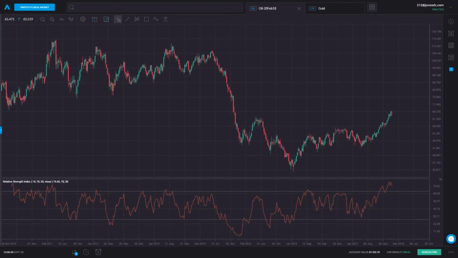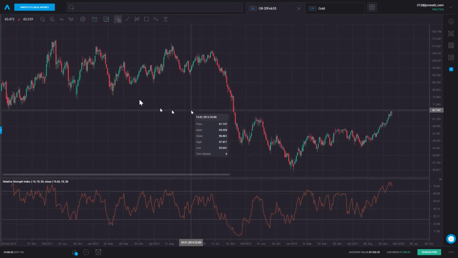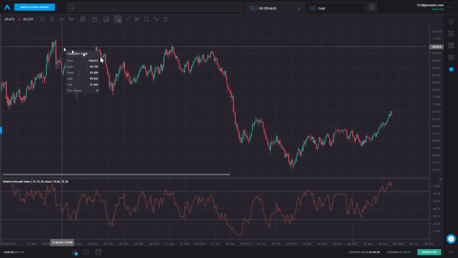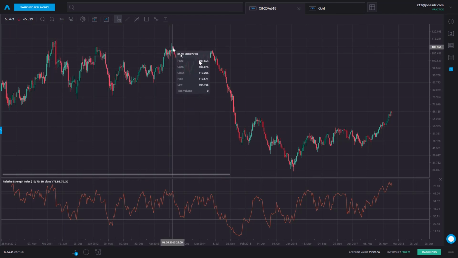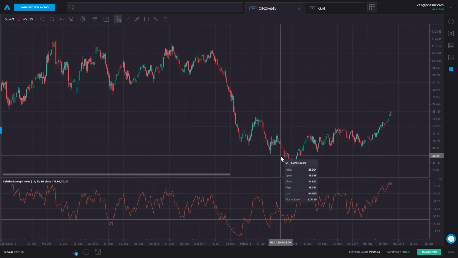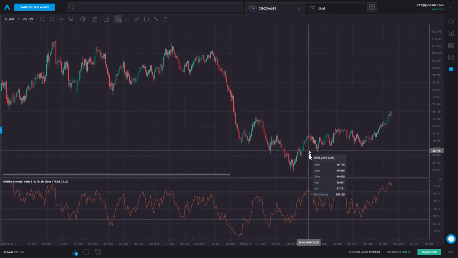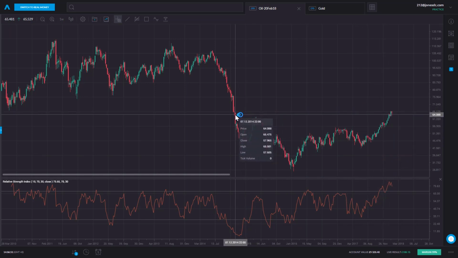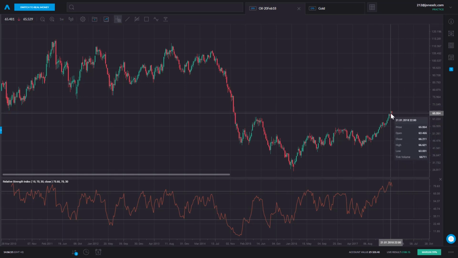So here's the price of oil. This is going back to 2010. You can see we've got the highs up here. Seems a long way away now, but $115 a barrel. This is US crude oil, and then really started sliding from 2014. The last couple of years have been interesting. We've seen it down as low as $26 a barrel. At the time of recording, it was pushing out to its best levels for about 3 years, trading up in the mid-60s a barrel. So there's our oil price.